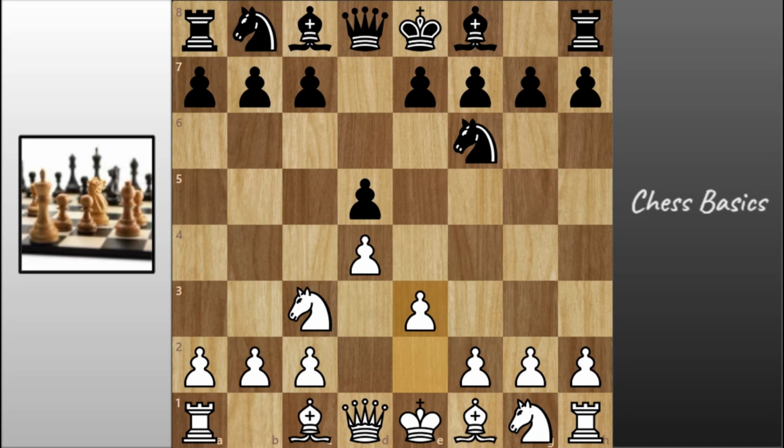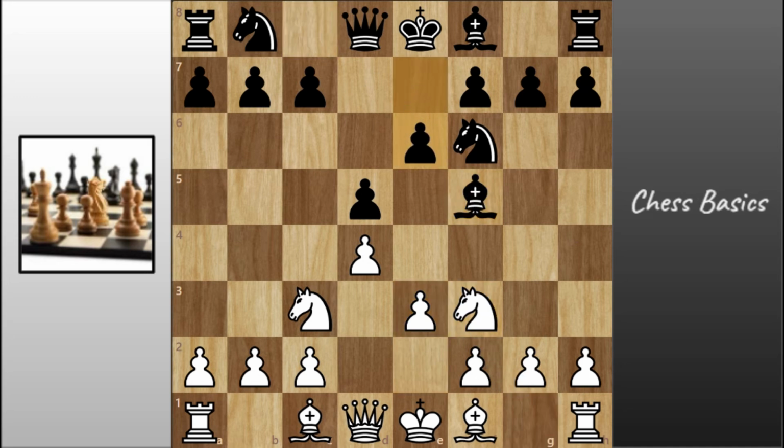Anyway, bishop to f5, knight to f3, e6, bishop to b5, check. Check is where black has to do something about their king. Their king is under attack. The king is the most important piece, so something must be done about that. There are 3 ways to stop a check. You can either take the piece, which in this case there's nothing that can capture this piece, so black can